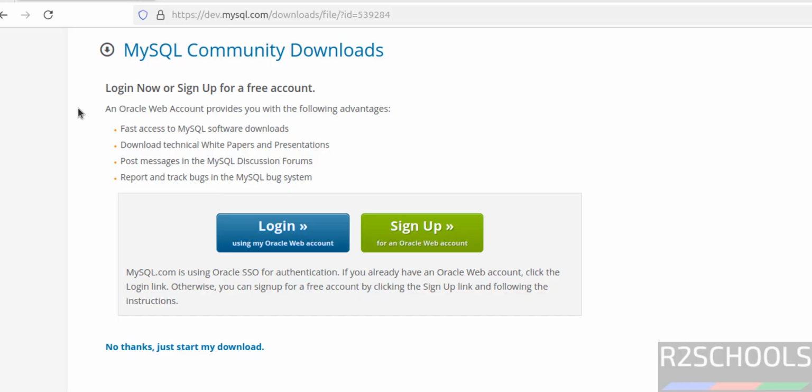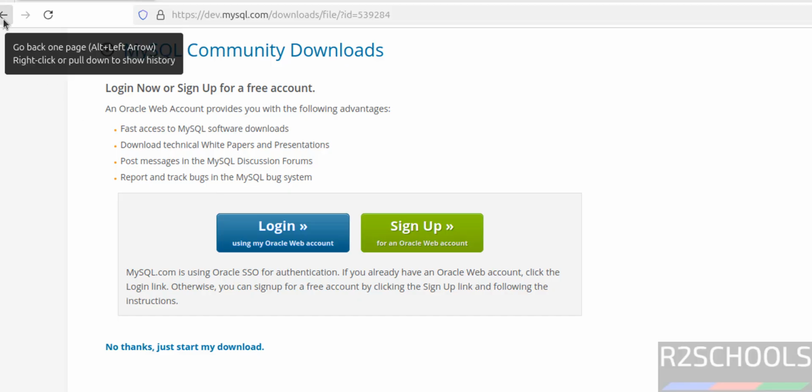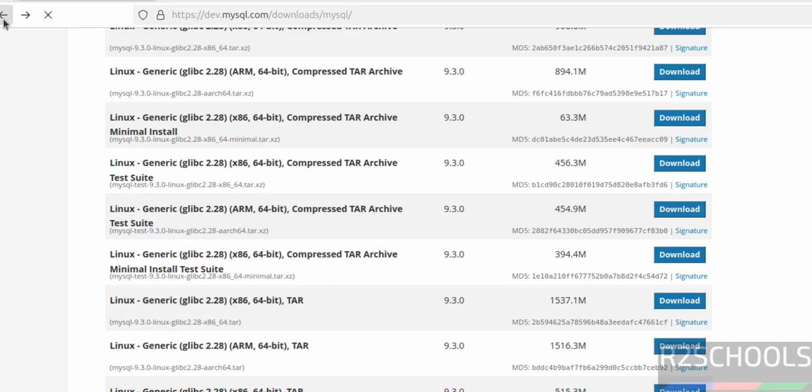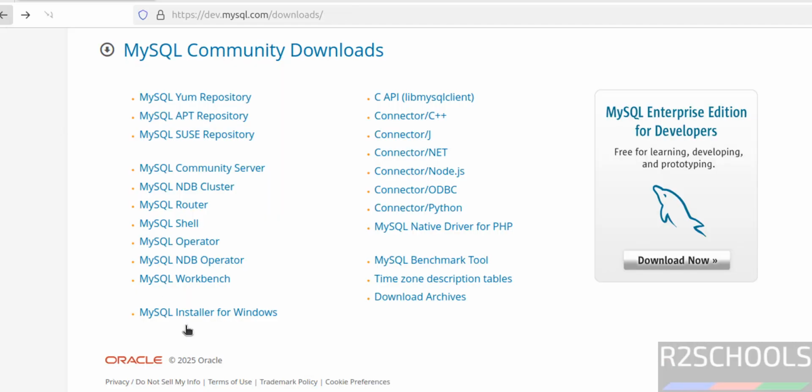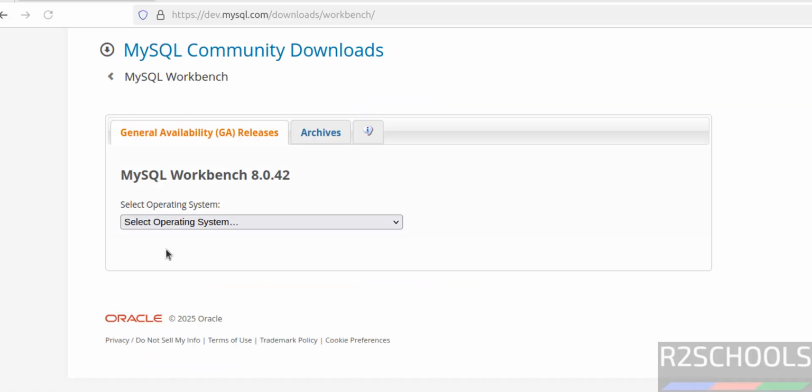Okay, if you want to download and install DBeaver or MySQL Workbench, go to this download page. See, here we have the MySQL Workbench. Click on it. Then we have to select the operating system, Ubuntu Linux. Then we have to download